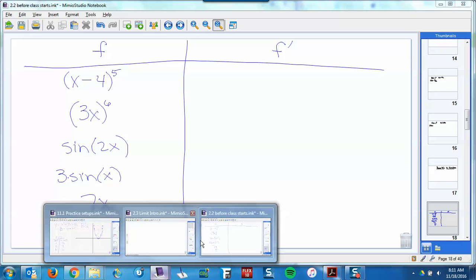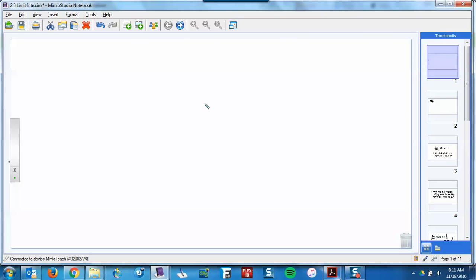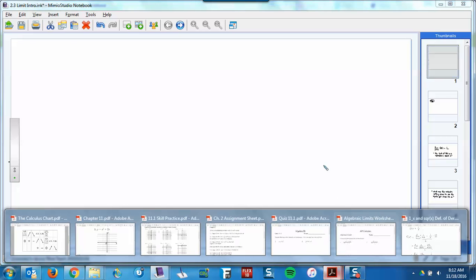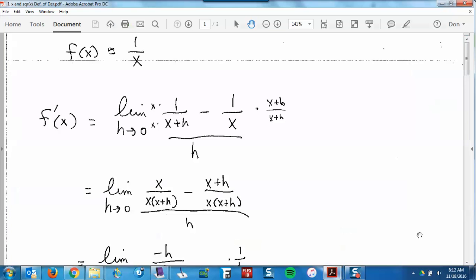Okay, so let's go. All right, let's talk about some of those. Let's go through the ones you were supposed to do the long way. The only 2 you were really supposed to do the long way, because I don't think the book ones ever said use the definition of the derivative, did they? Okay. So here's 1 over x, all right? So now, what we were supposed to do here,